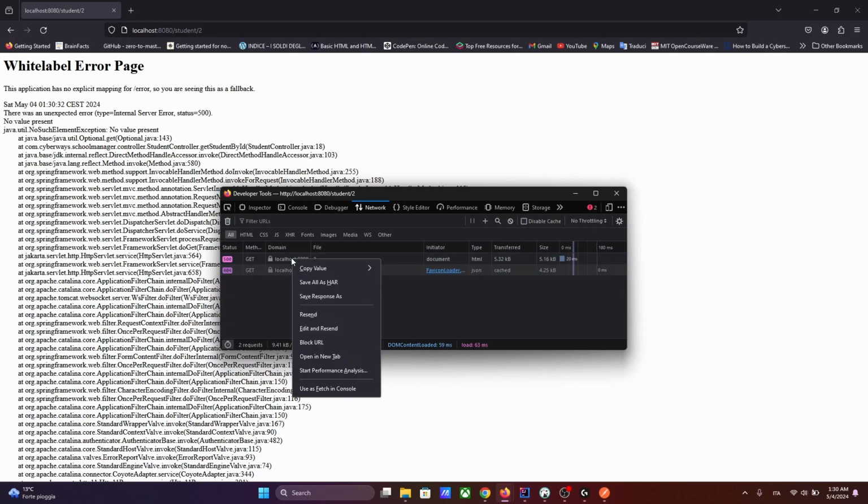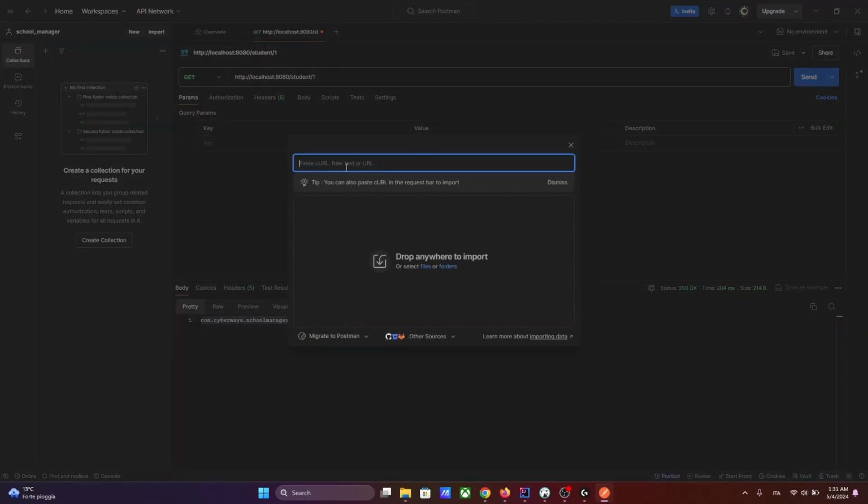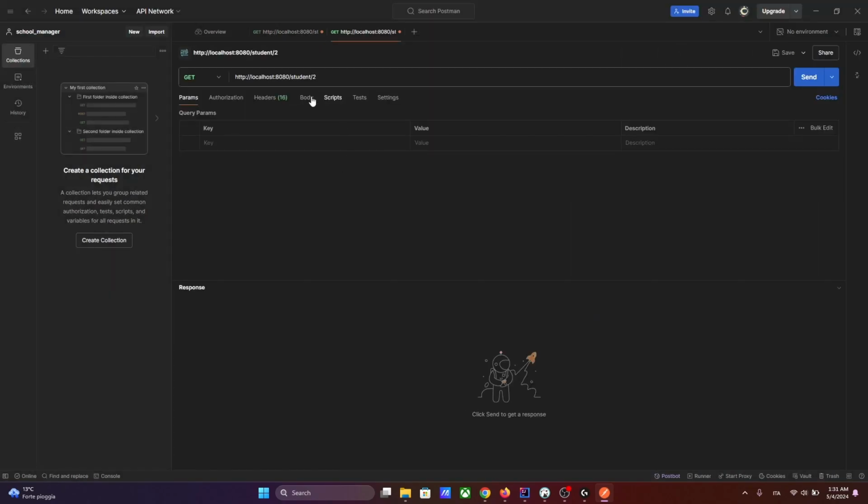Okay, if you right click, copy value, you can use something like copy as curl or copy as PowerShell. Usually with Chrome I use copy as curl and bash, but now you can use copy as curl Windows. It's quite the same. And if you click on import, you can copy and paste your curl, and it will automatically create all